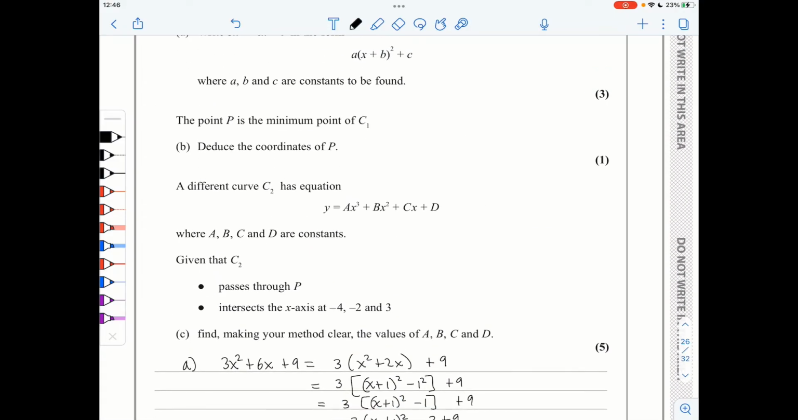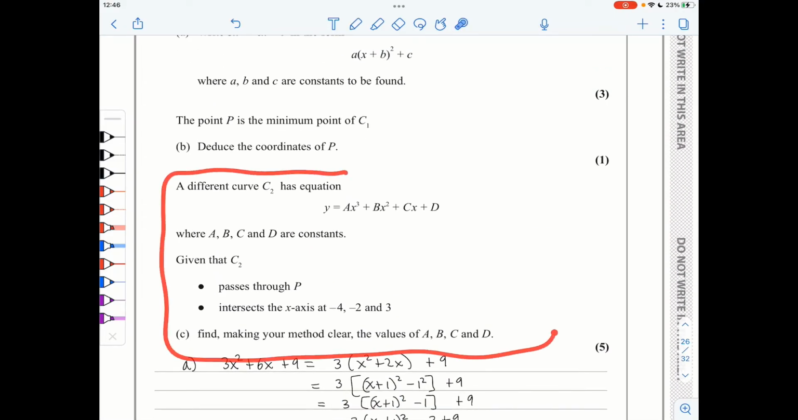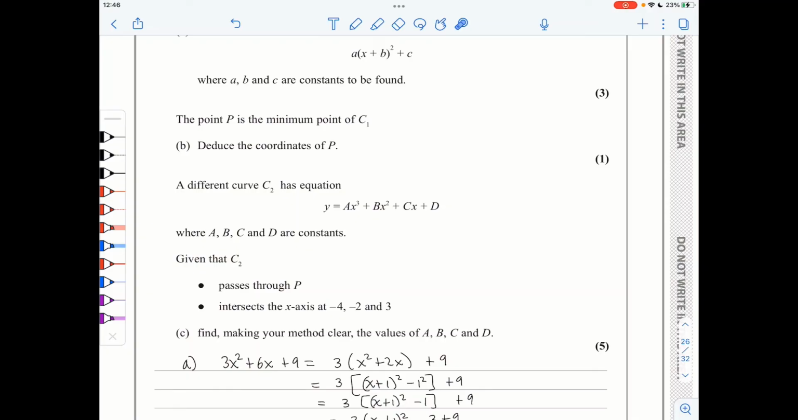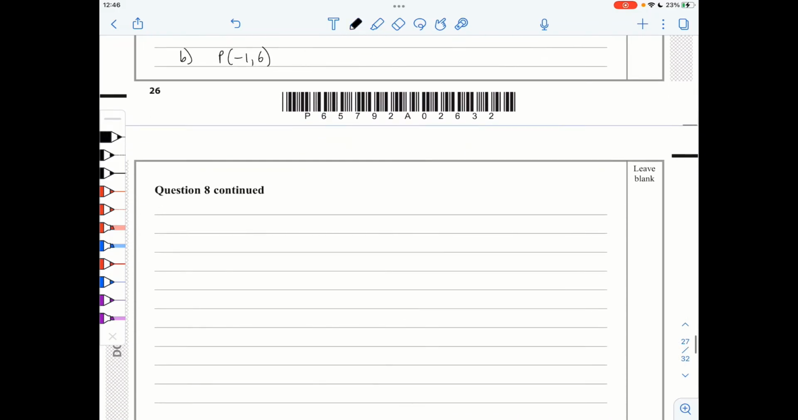And then we've got a different curve C2. It's a cubic curve ax cubed plus bx squared plus cx plus d. A, B, C, D are constants, and what do we know about C2? We know that it passes through P, and it's intersecting the x-axis at -4, -2, and 3. And we need to find for 5 marks the values of A, B, C, and D. So I will start by